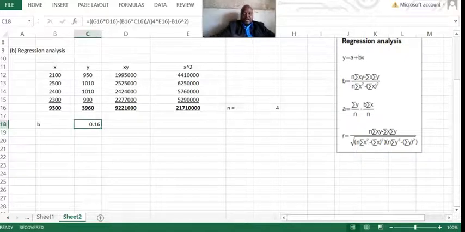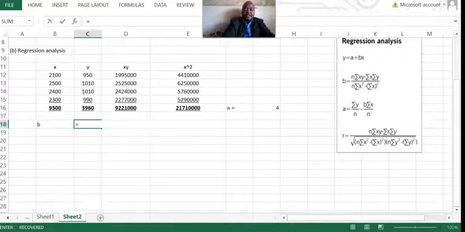Okay, let us try to do the formula once again. Equal sign, open bracket, open another one. Let us try to input the 4 manually, because n is 4. In the exam, sometimes putting it in manually is a bit faster. Multiply by